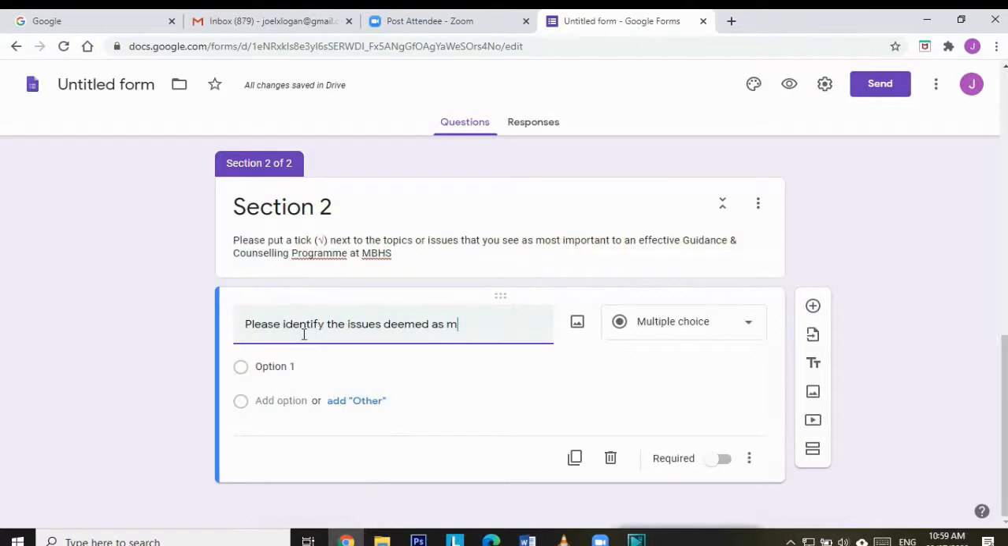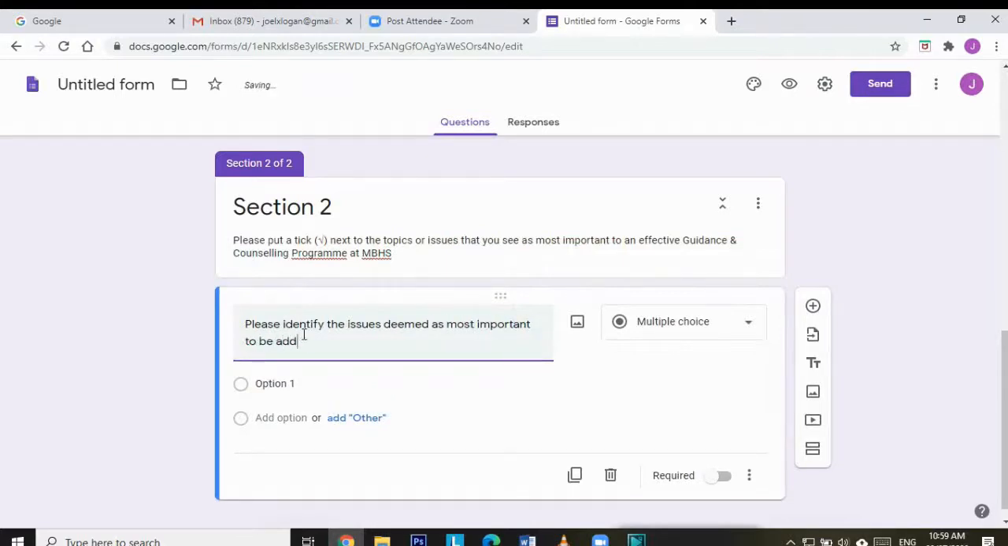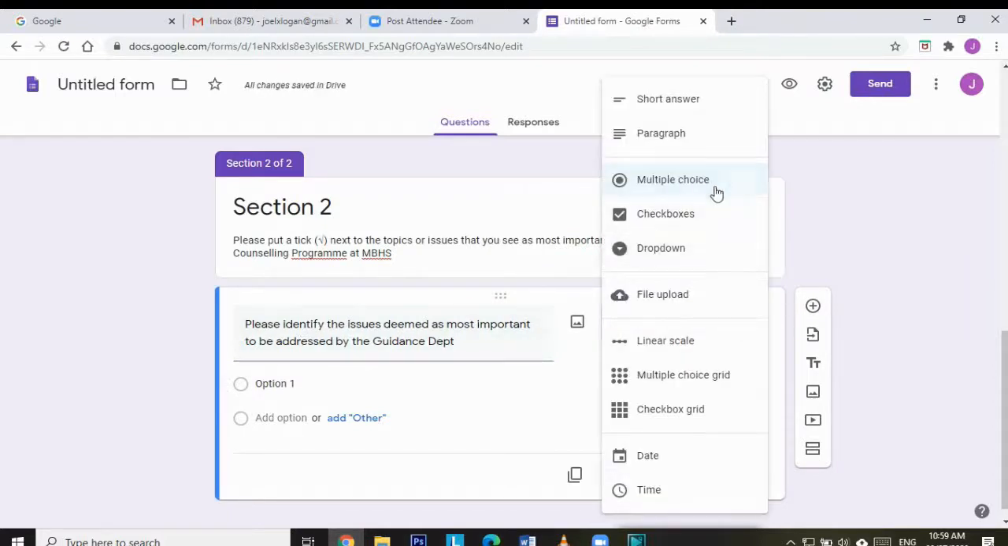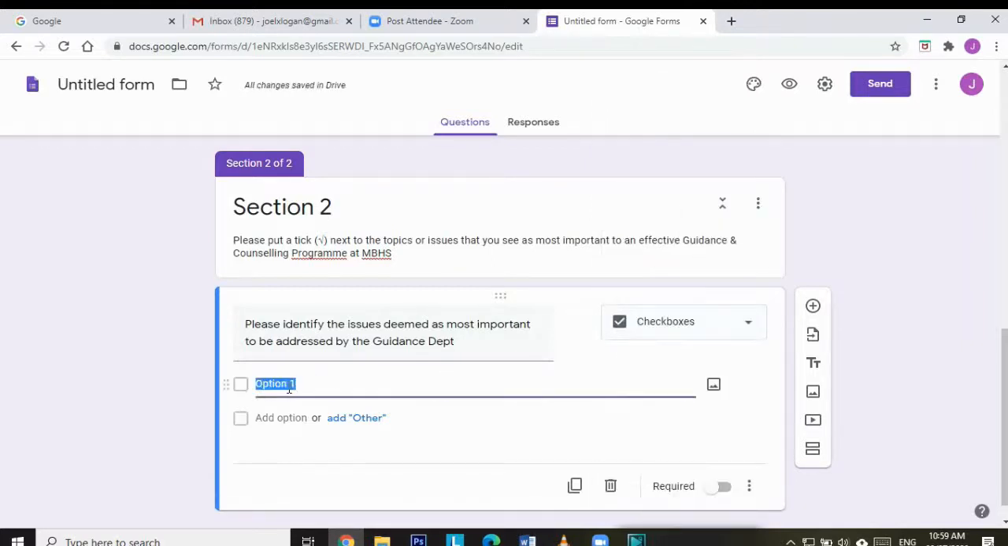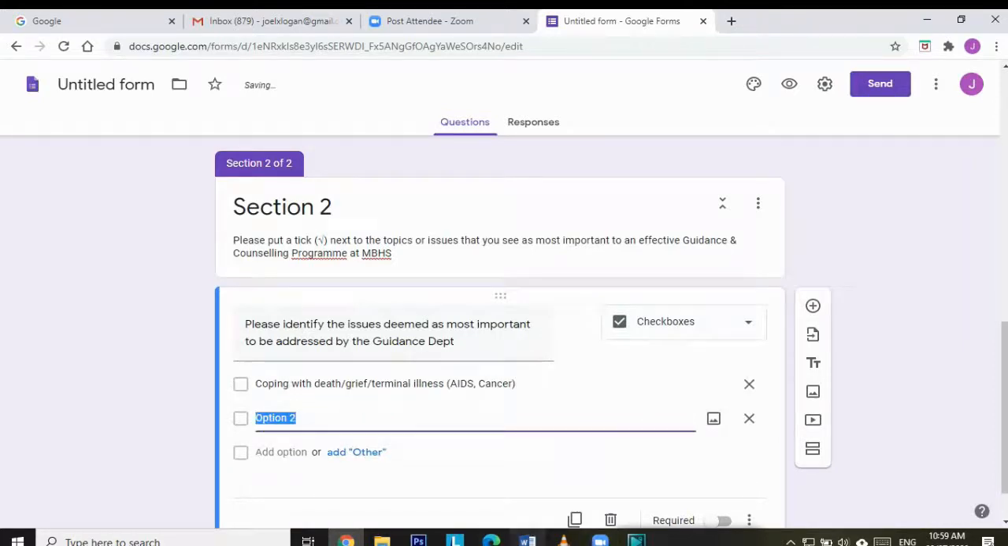Now you want to change the question type from multiple choice, because with multiple choice they can only select one option. So you want to change it from multiple choice to checkboxes, so they can select more than one option that they deem as important. So paste the first question, then we go back to the Google Forms document, copy the second question,